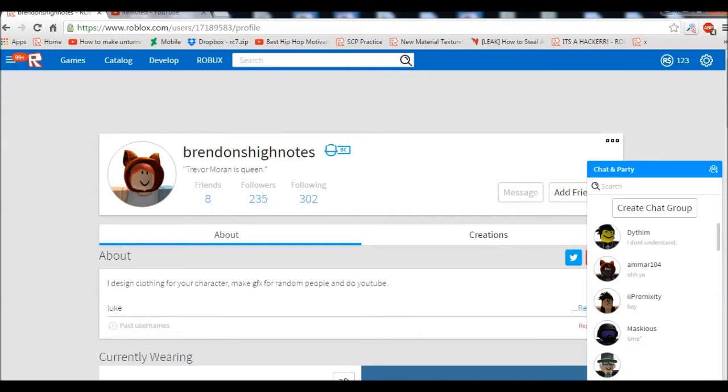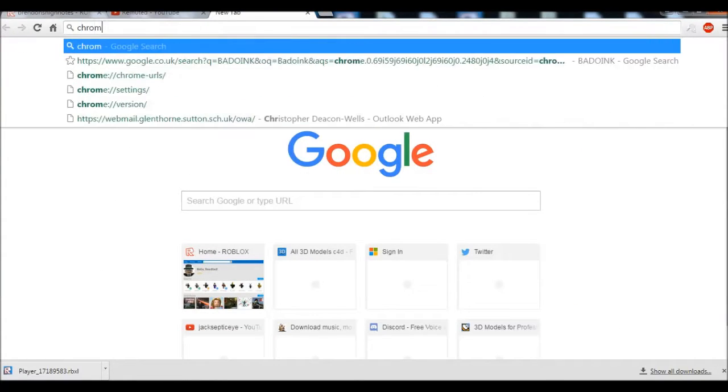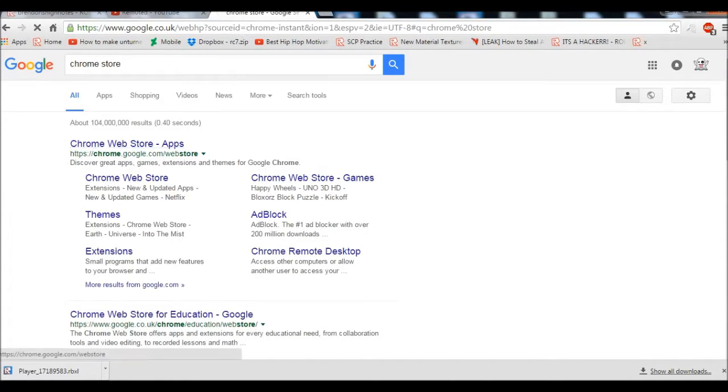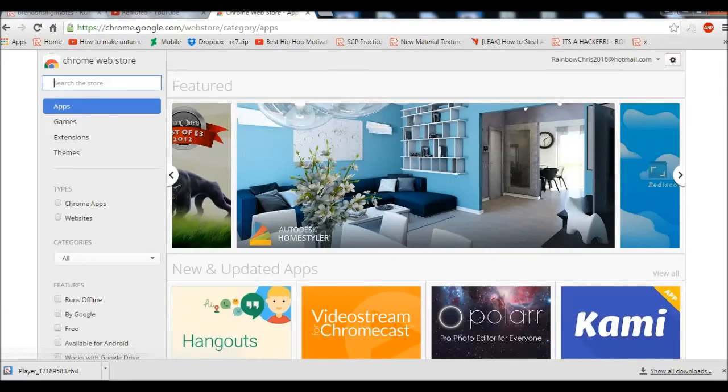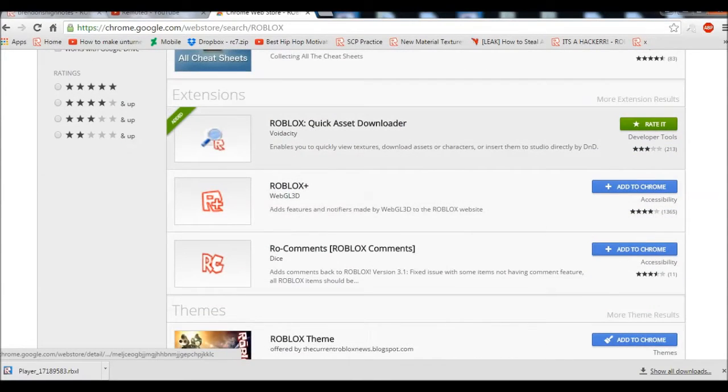I'm using a plugin, Roblox Quick Asset. It will be in the description, so all you have to do is click it and click this. And to get the plugin, just go to Chrome Store and type in Roblox, and it should come up right here.